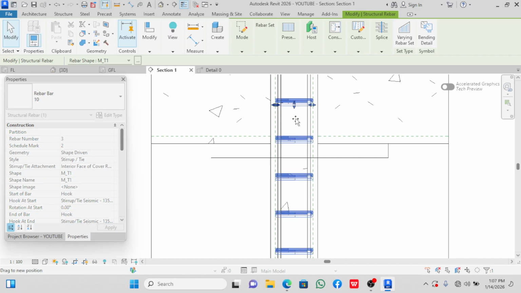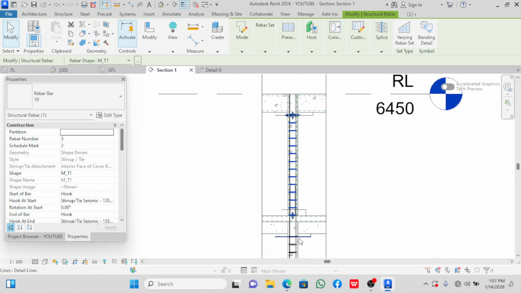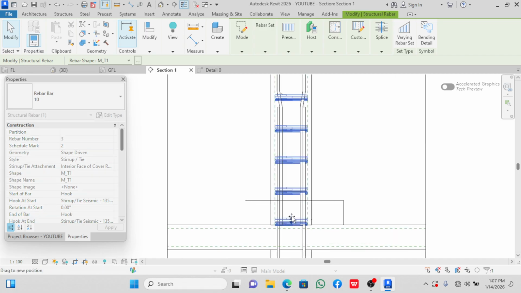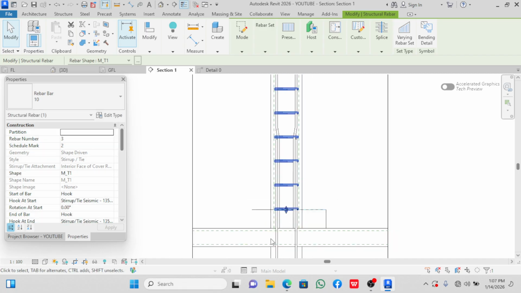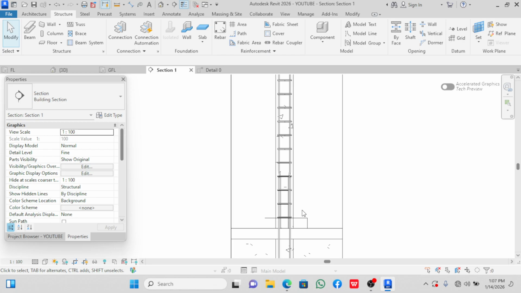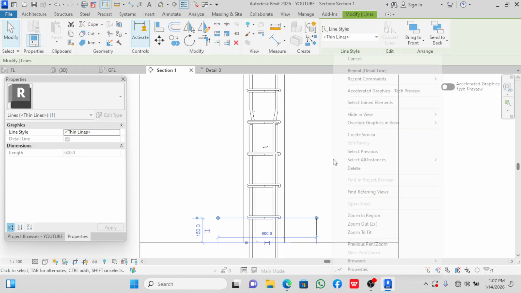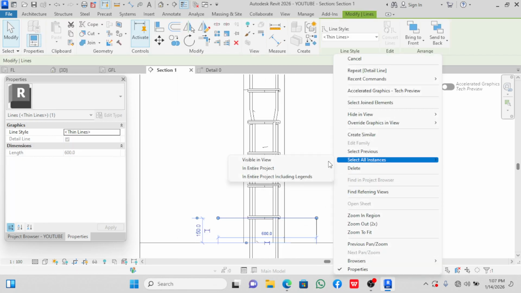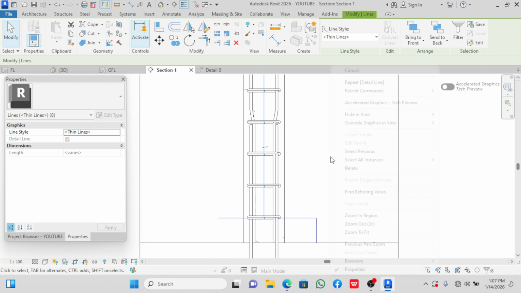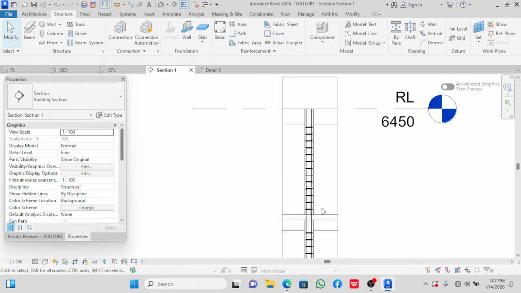You bring it back to the reference line and select this one and send it back to the reference line. Okay, you can delete this one. Select similar, visible in view, and delete them. Okay,